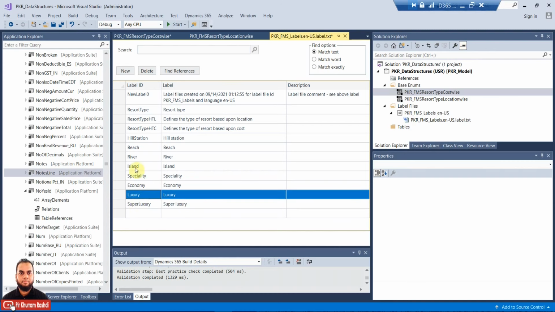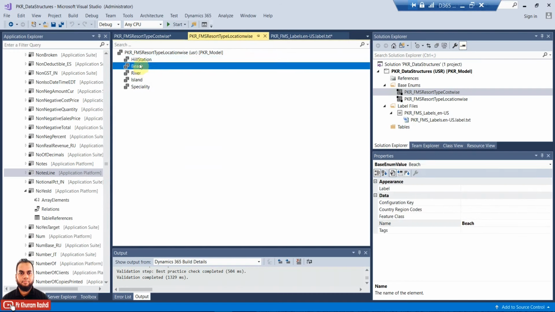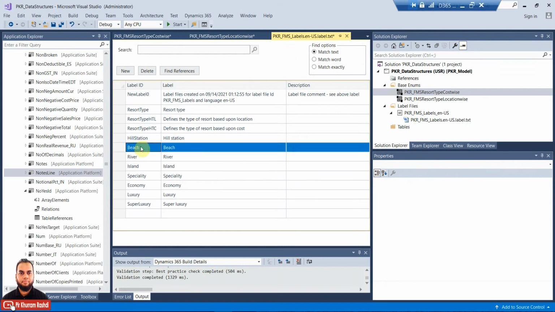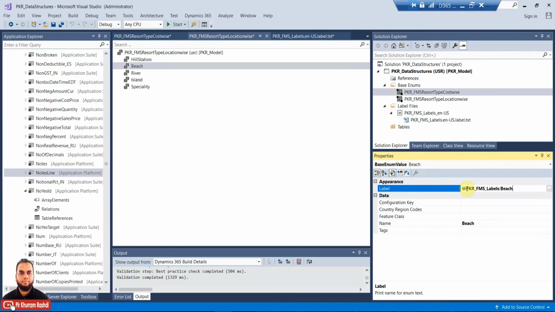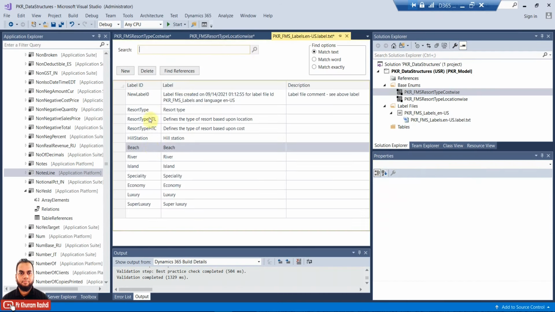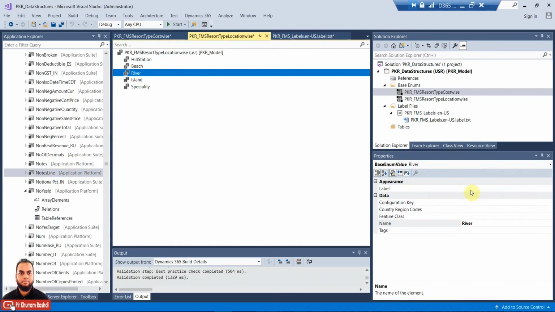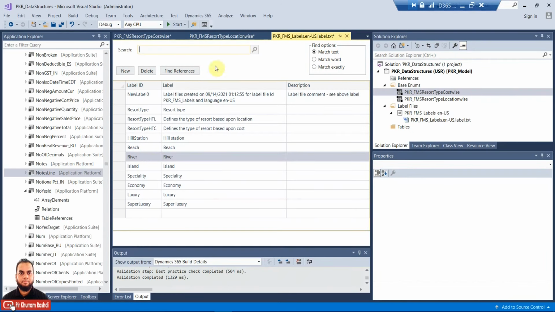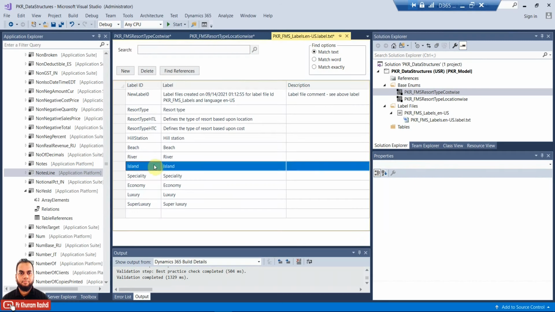So once we have defined them, we can just copy the ID value to the hill station. It will be hill station, and then beach will be beach, and then river, copy the river, and river is already copied. I will copy the island.